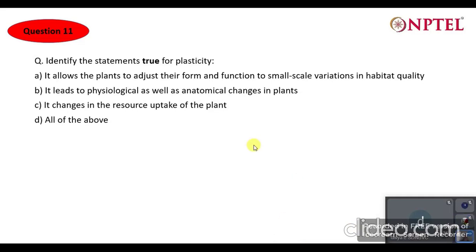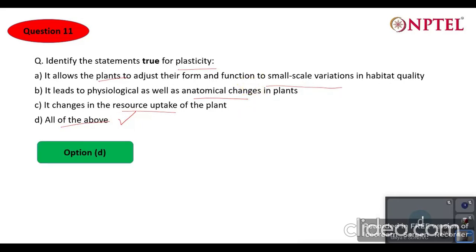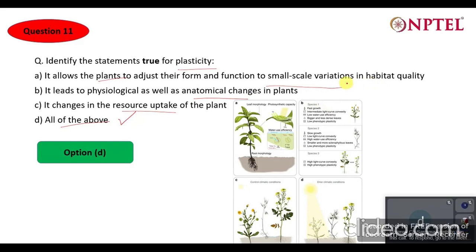So question 11 says, identify the statements that are true for plasticity. It allows the plants to adjust their form and function to small scale variations in the habitat quality. It leads to physiological as well as anatomical changes in plants. It changes the resource uptake of the plant. Or all of the above. So the answer would be D, all of the above. So what happens in plasticity basically is